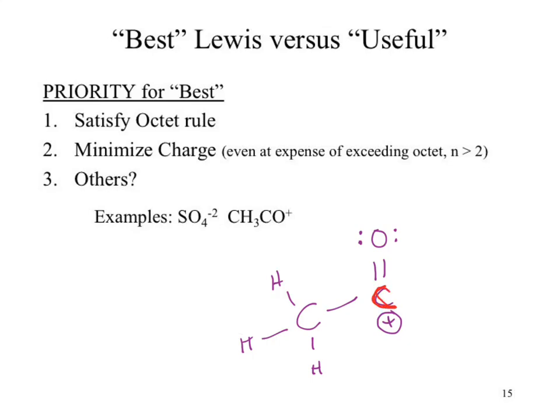This carbon has not satisfied its octet. Our oxygen has 2 lone pairs and then 2 bonds, so it's got its 8 electrons. That carbon has not satisfied its octet. So that structure is actually only the useful one, not the best one. What do we have to do? Move a pair of electrons down, and what we end up with for our best Lewis structure